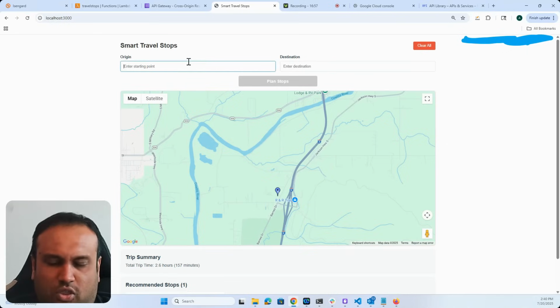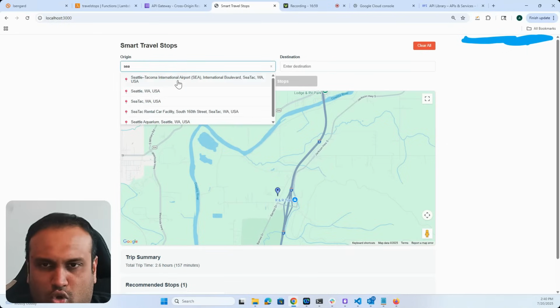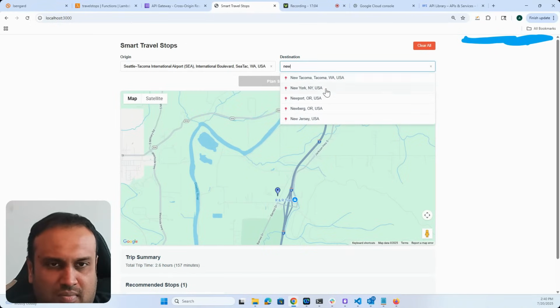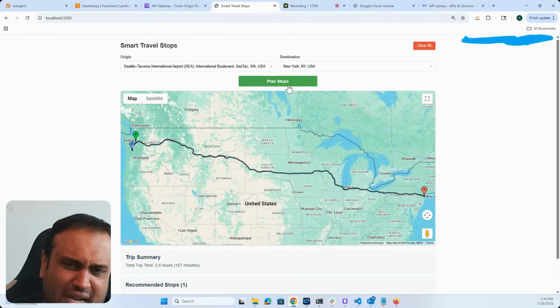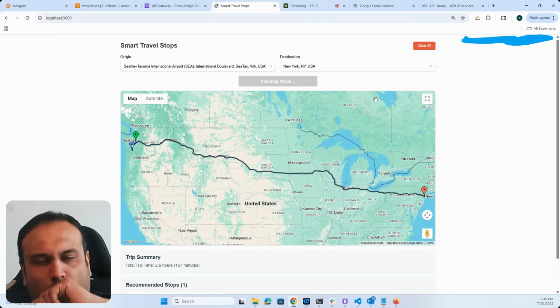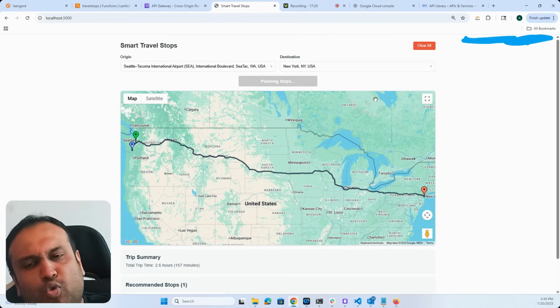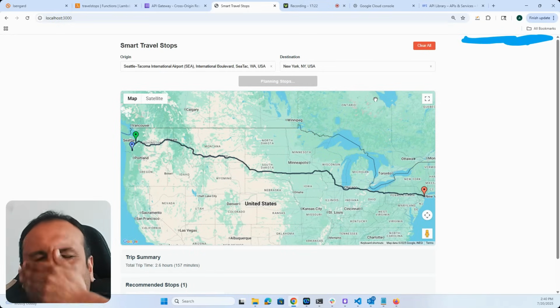So I'm going to leave you all with a thought, everyone. I'm going to do Seattle to, let's say, New York. Think about what happens. Here it's this long route, west coast to the east coast. Think about what is happening here. The Places API, like I said, is first of all a very pricey function. It doesn't exactly compute every latitude and longitude, but it does it